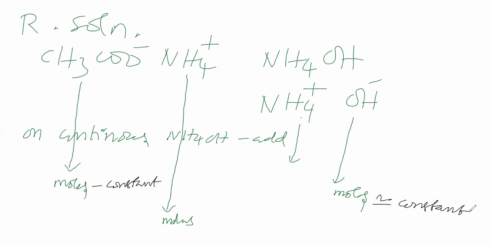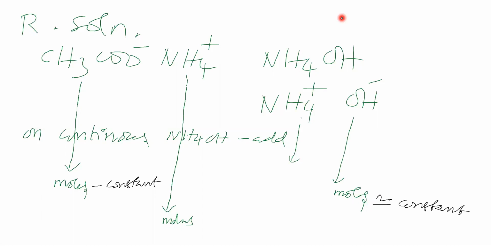Let us discuss this point again. We reached the equivalence point. At the equivalence point, the resultant solution has a certain volume, and in it there is ammonium acetate and water. After attaining the equivalence point, we are adding ammonium hydroxide from the burette, where the ammonium hydroxide solution is, suppose, 0.1 molar. You are continuously adding ammonium hydroxide solution into the resultant solution after the equivalence point.